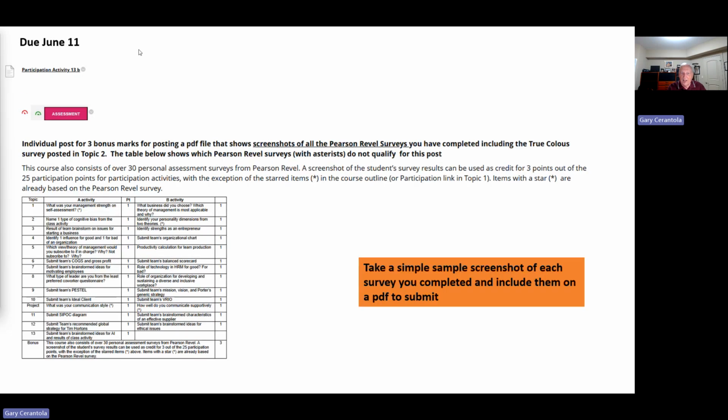use. Okay. The second one is an individual submission. This is to get 3 bonus marks for posting a PDF file that shows the screenshots of all the Rebel surveys. So really, it's just a facsimile. I'm not looking for a big picture or whatever, just to show me that, yeah, you've done at least 25 of these surveys that qualify. You can see what's asterisk, you can't submit. And the thing is, if you do have any questions, just email me and I'll clarify what needs to get